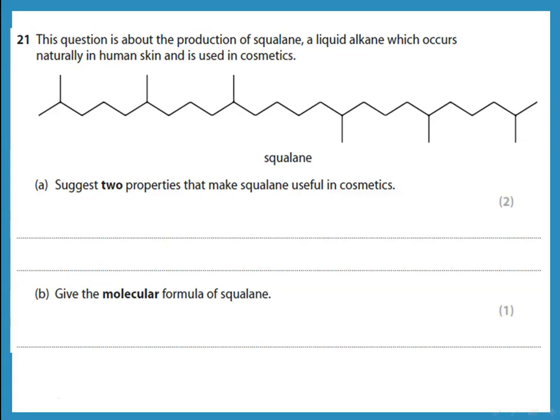Okay, this is a question about production of squalane, a liquid alkane, which occurs naturally in human skin and is used in cosmetics. So he's saying suggest 2 properties that make squalane useful in cosmetics. Of course, first of all, if it's an alkane, it's inert. It does not react with your skin. And then if we put it on our skin, that means that it is not toxic. It cannot be toxic